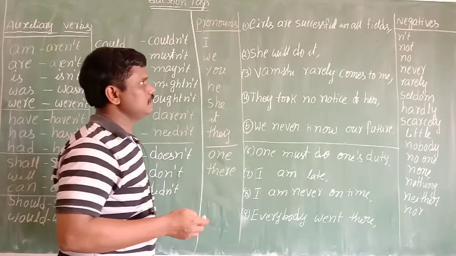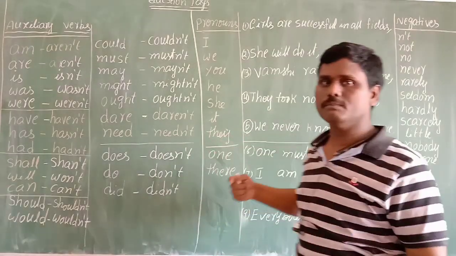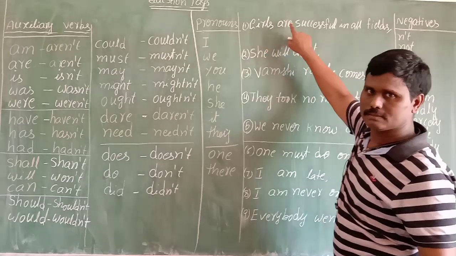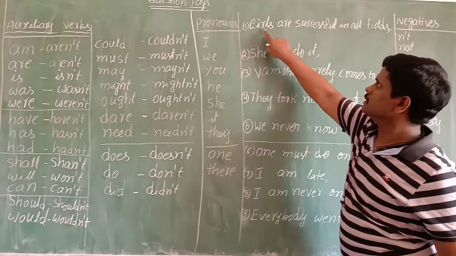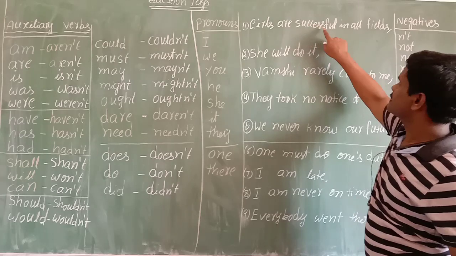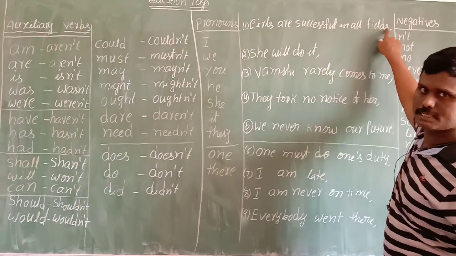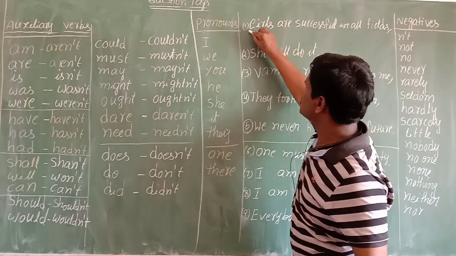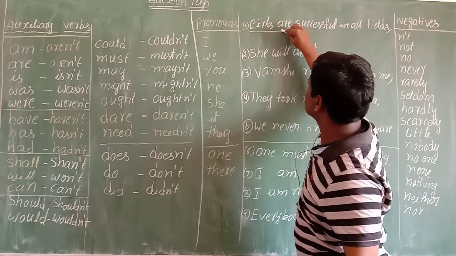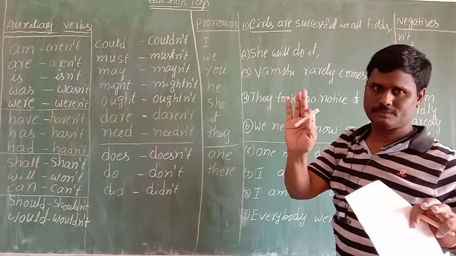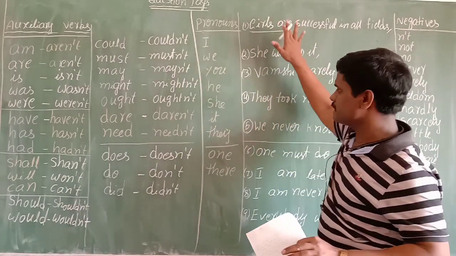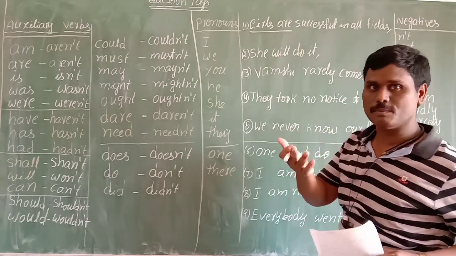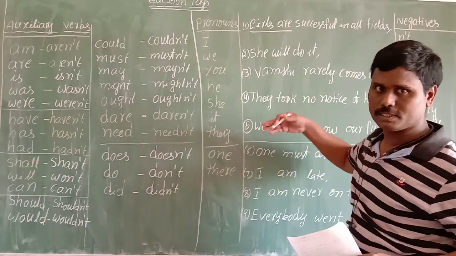Okay, friends. Now let us see how to form a question tag. First, girls. Here I have given some examples. Girls are successful in all fields. You don't require all the other words. The only thing is the first two or three words are enough. All these are simple sentences, of course. You may have a doubt: what about complex sentences, what about compound sentences? I will explain in this video later.